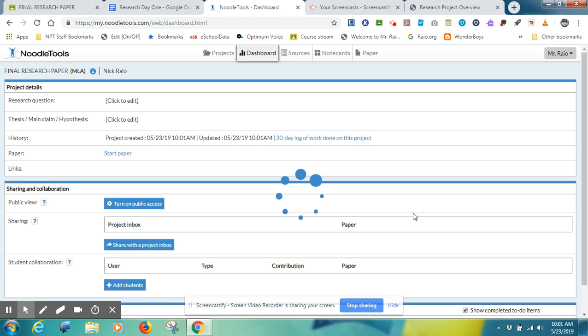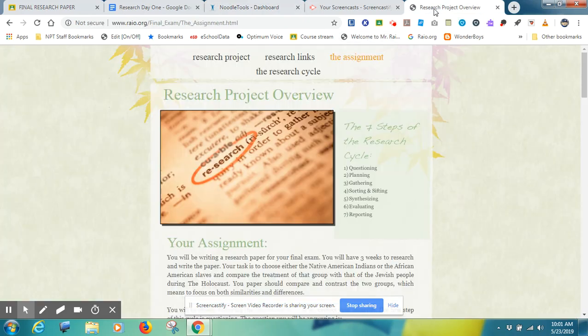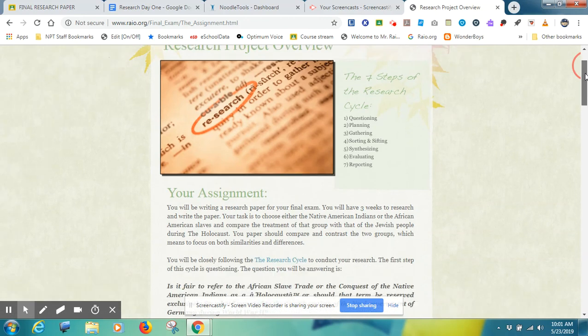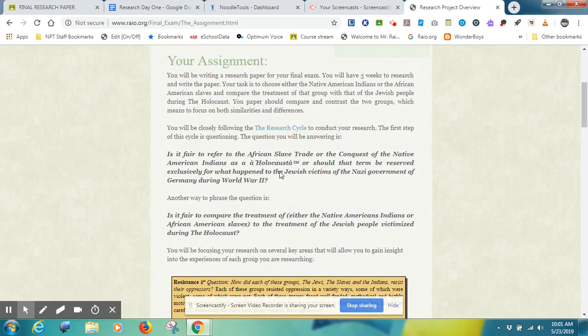Okay. Now, it's going to start you off by asking you, what is your research question? Well, when we go to the research project overview, the assignment at the top, they give you the question. And you want to put it in your own words, okay? Is it fair to refer to the African slave trade or the conquest of the Native American Indians as a Holocaust? You're going to pick one of those two groups unless you're going to do both groups. Or should that term be reserved exclusively to what happened to the Jewish victims of the Nazi government of Germany during World War II? Or is it fair to compare the treatment of either of these groups to the treatment